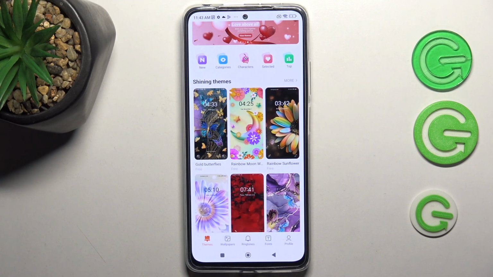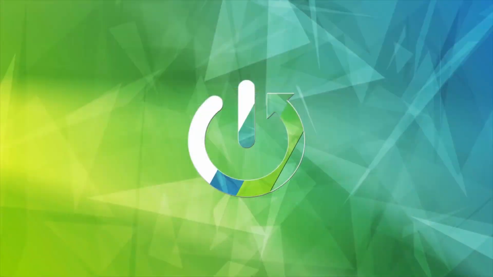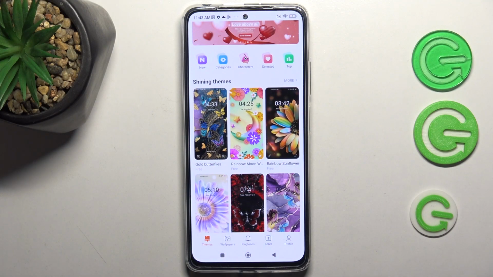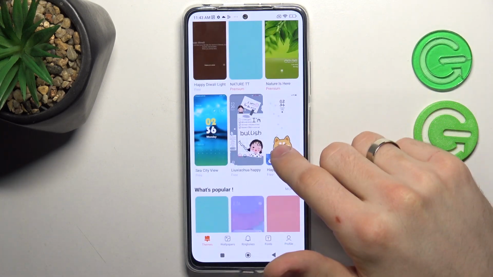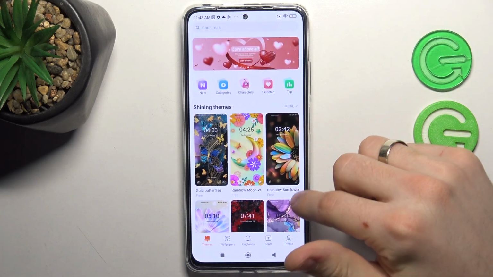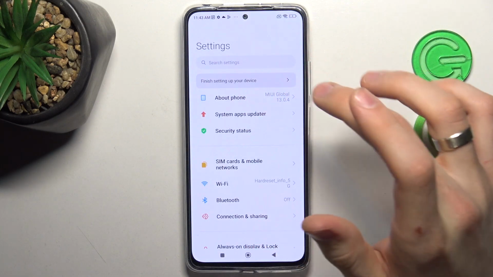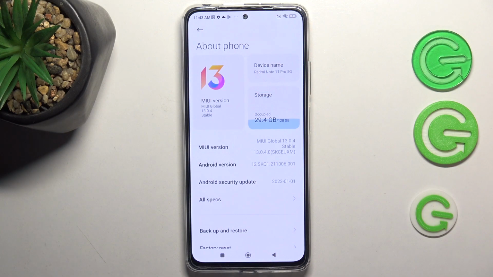In front of me, Xiaomi Redmi Note 11 Pro device, and now I'm gonna show you top 3 bad themes for the smart. So, here in the theme store, we have beautiful themes, but now, as you can see, I'll show you, I have MIUI 13,